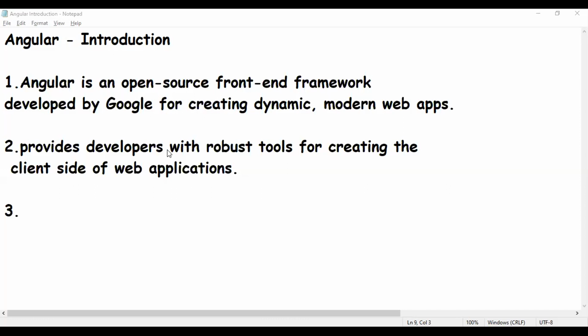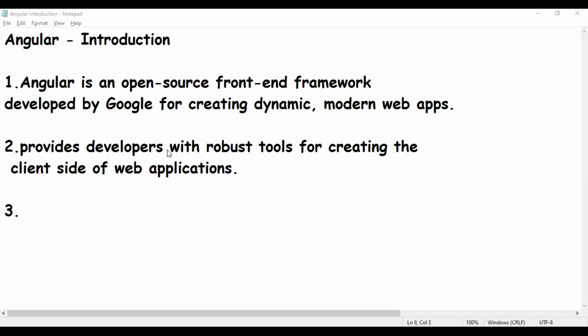But over time, new tools emerged, like the React framework and Vue.js, which offered wider functionality than AngularJS.